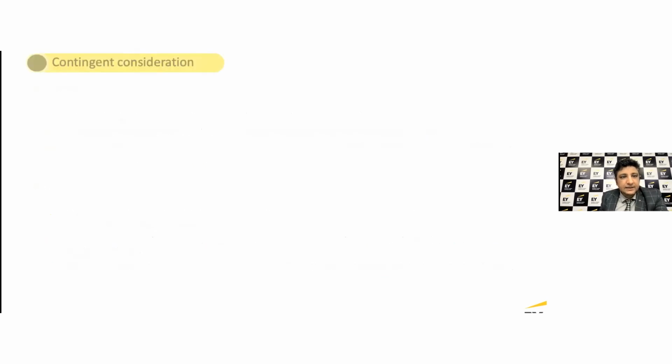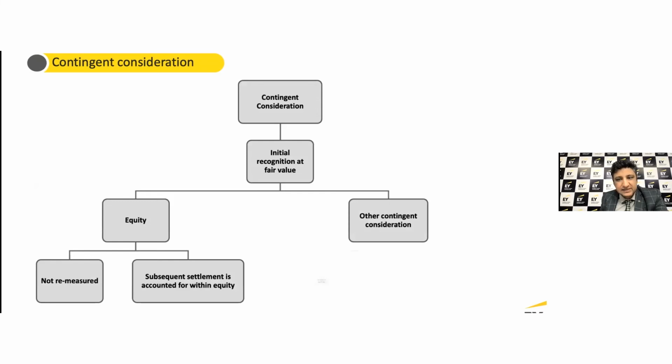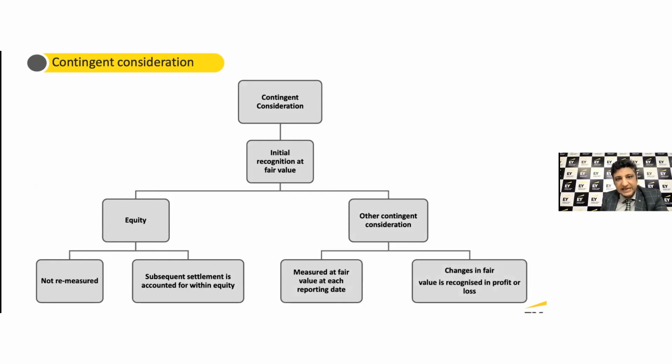Okay. As far as contingent consideration is concerned, we dealt with that. We discussed that beforehand. So there is no change in that part. A contingent consideration is necessarily measured at fair value through profit or loss, which simply means that it would be measured at each reporting date at fair value, and the changes are recognized through statement of profit or loss.